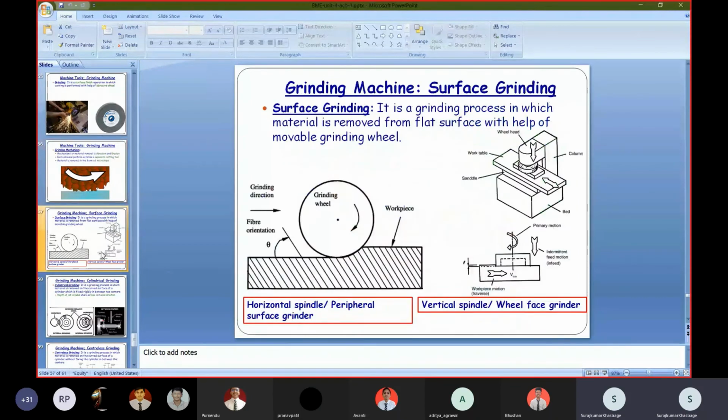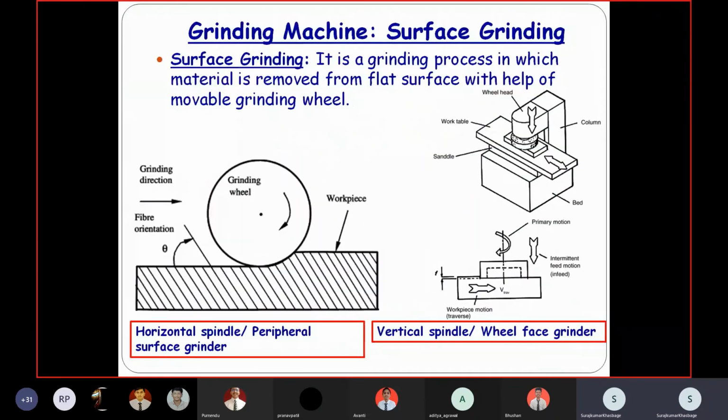So this is the picture of a basic simple grinding machine. Grinding operation can be performed in two different ways. This is called surface grinding, which has a vertical spindle, similar to the milling machine that we have seen in the previous video.